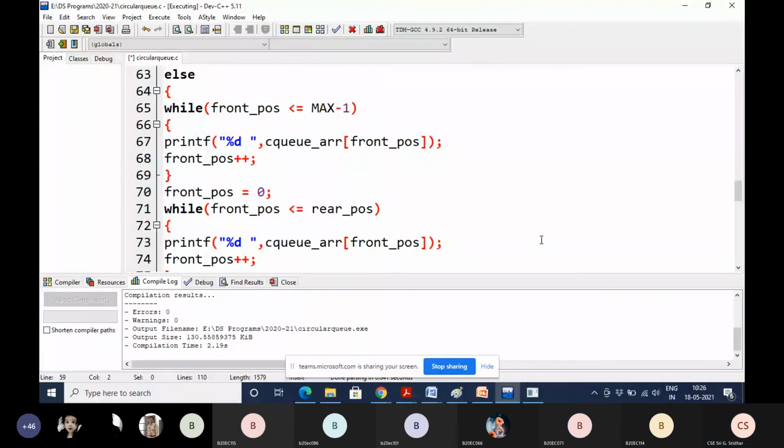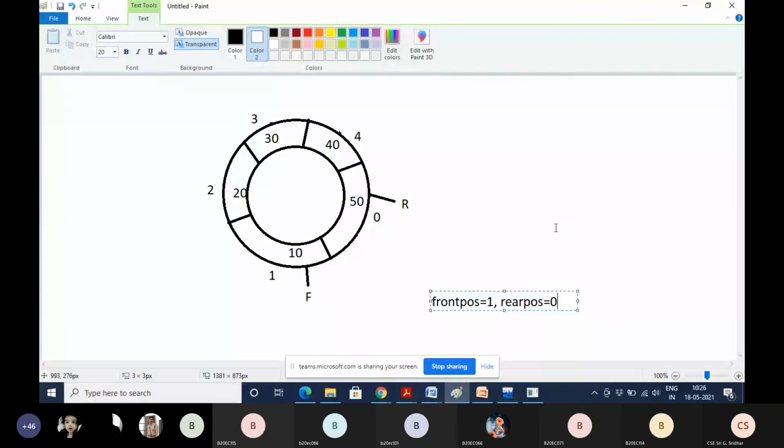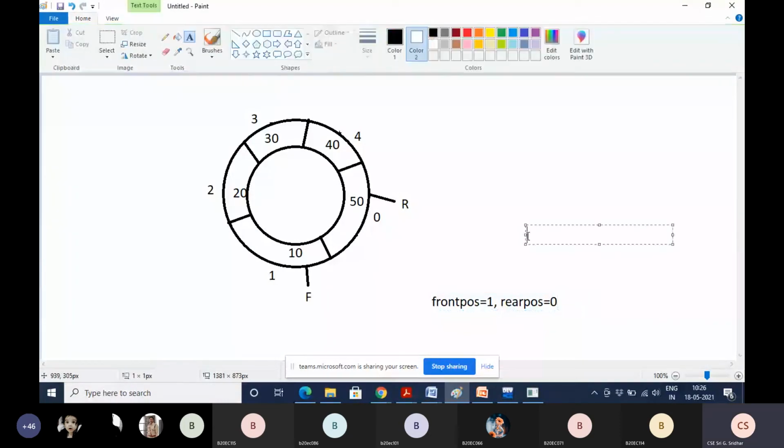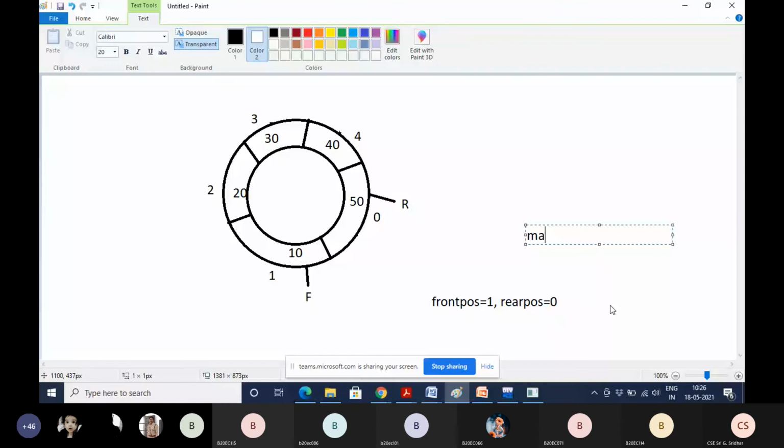If front position is less than or equal to max -1. What is the max value? 5. Is front position less than or equal to max -1? Max -1 means 4. Is 1 less than or equal to 4?